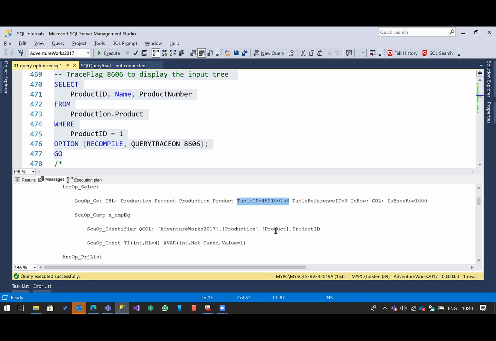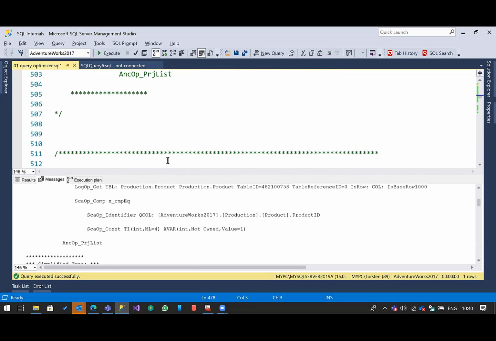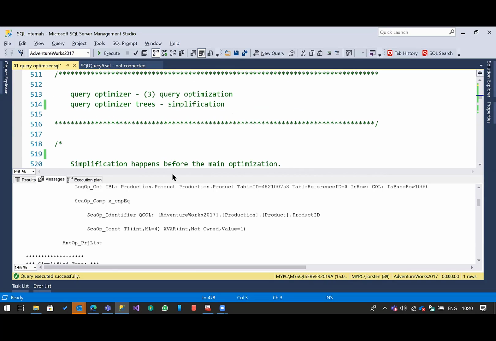We have, for example, the binding. So we can see that the logical, converted tree is now translated into the objects which are used in the query. For example, the table Production.Product. This is the internal ID, the object ID. So this is the binding phase, right? Once this is done, SQL Server can go ahead with the next step,